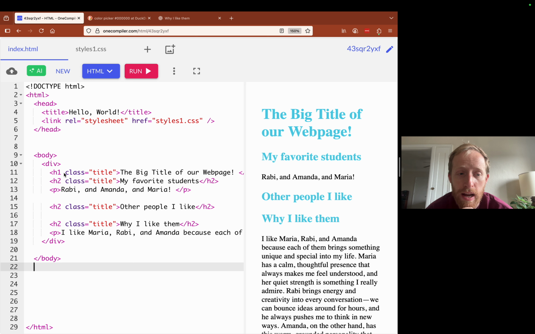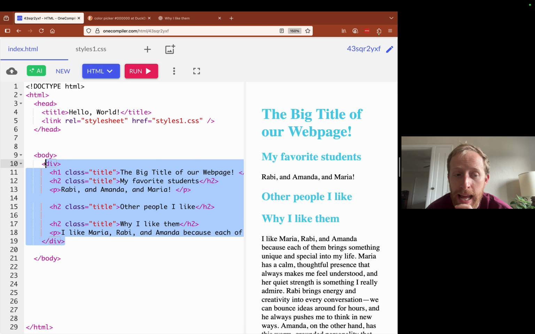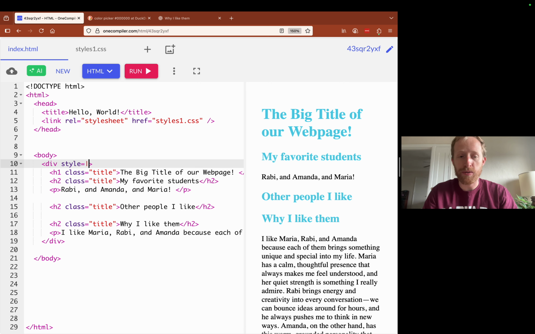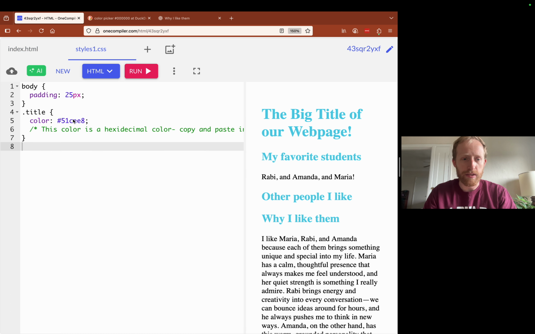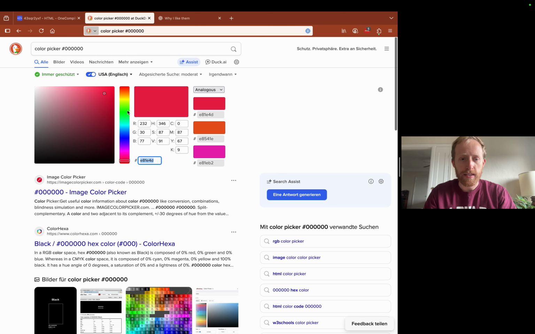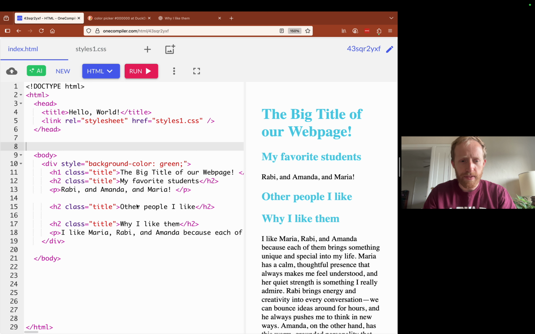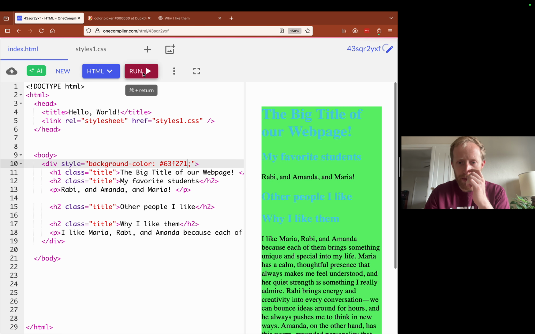So essentially, what I can tell you is that now I can write some styling right into here rather than switching to our CSS. So I can say, style background color is green. Actually, I'm not gonna like this green. Let's pick a nicer color. Let's come back to our green and pick, this is nicer. So background color is this hexadecimal. So now we run this. So now we have this green background here.